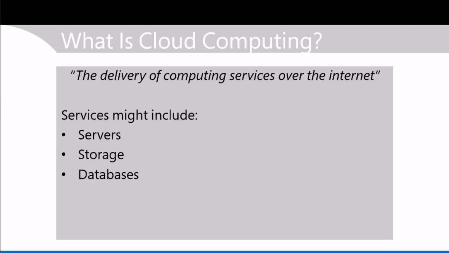Databases. If you think about your on-prem network, it may be that you've got a database application that's running on a virtual machine somewhere or other, and that database application hosts information that's relevant to your organization in some way. Now, although you could create a virtual machine in a cloud provider and then install the appropriate operating system on that virtual machine and then install a database application on that and then finally add your specific application and data, you can also take out specific subscriptions for databases so that you don't need to concern yourself with the underlying infrastructure, in other words, the servers themselves. So you can run a database as a solution itself.